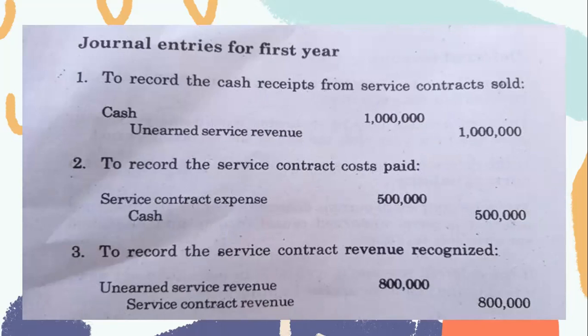Number 2, to record the service contract cost paid: debit service contract expense 500,000 and credit cash 500,000. Then, to record the service contract revenue recognized: debit unearned service revenue, then credit